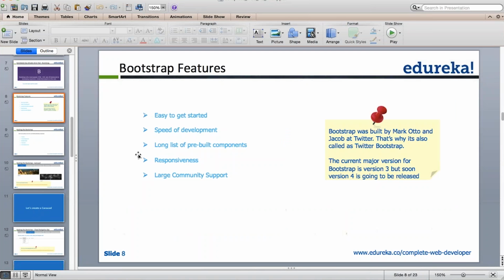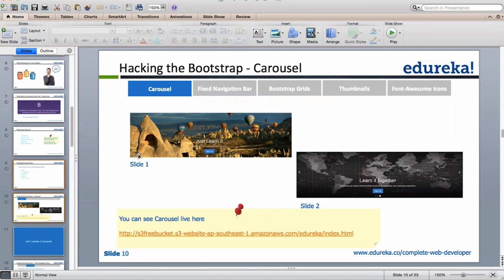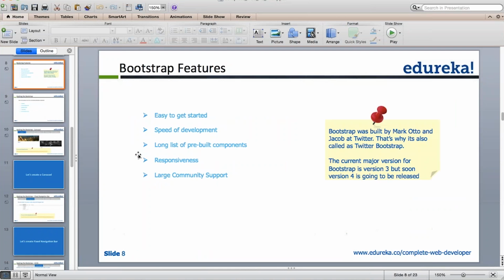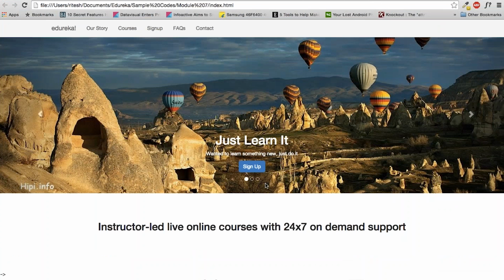Proceeding further, let me just take you to Bootstrap, Twitter Bootstrap 3. Twitter Bootstrap is nothing but an advanced CSS3 framework, which also includes some jQuery stuff, which helps your website to be responsive. By responsive, I mean a single website which is available across all media devices and across all browsers. So you need not write any custom code. You just need to implement some predefined classes of Bootstrap 3 to create something responsive.